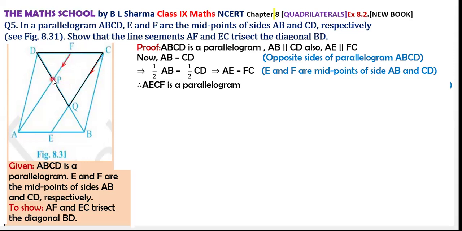That is why P will be midpoint of DQ by converse of midpoint theorem, or DP is equal to PQ. Similarly,